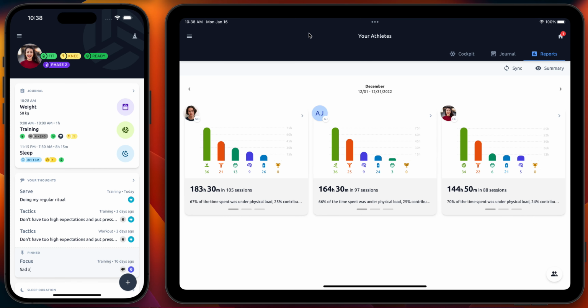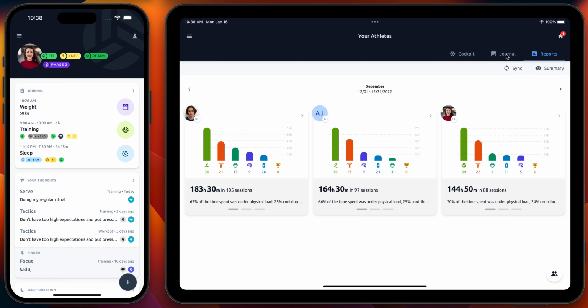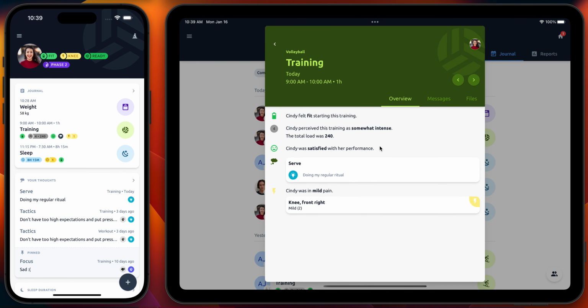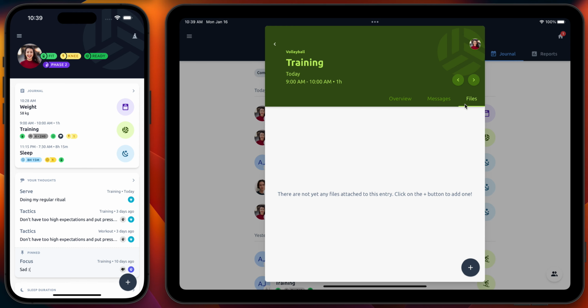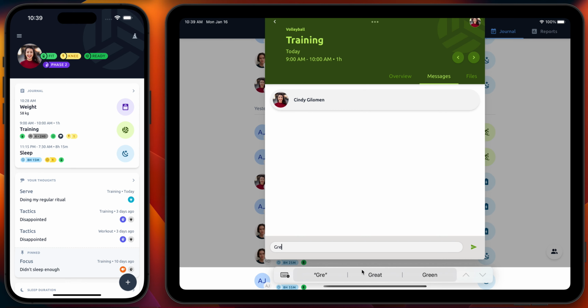Now, there's also a feature we call feedback or messaging. So let's start with the training of today that Cindy added. I can get more details here. If I open the journal entry, I can see or download files if there are any. I can also send messages. Let's say, great job today, which is obviously more a motivational message, but I can also ask something.